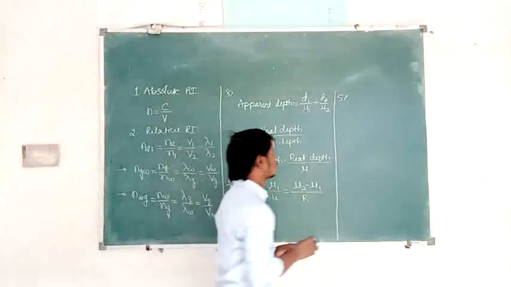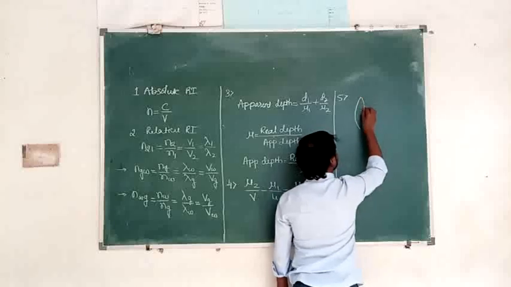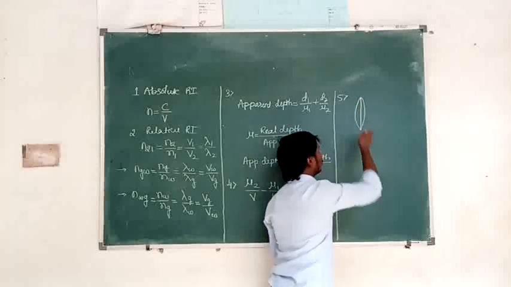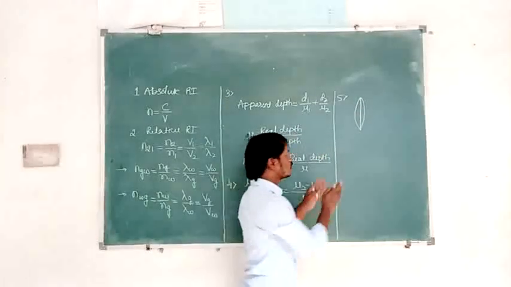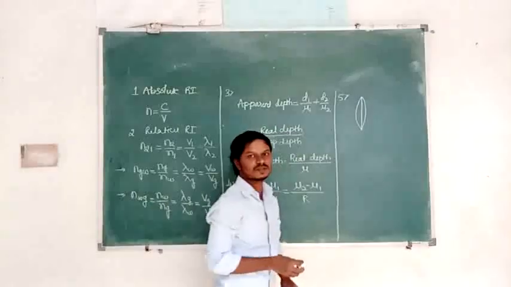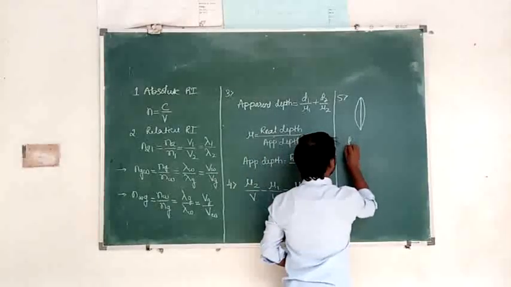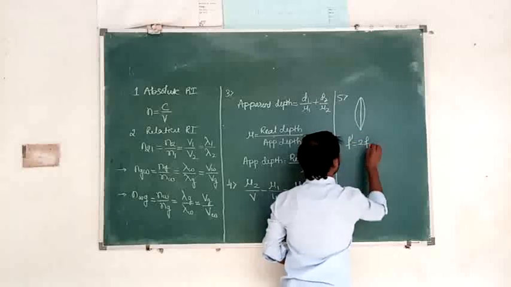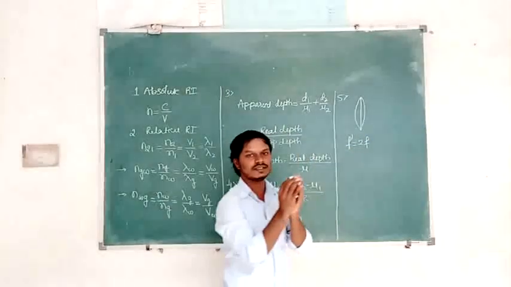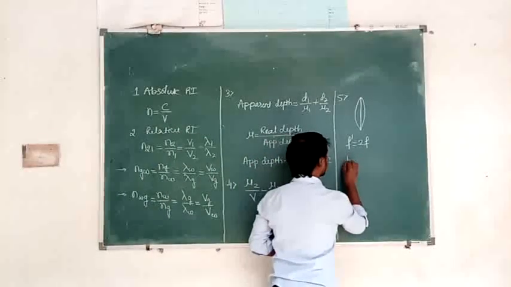So now let us consider a convex lens. It is a convex lens. So if this convex lens is cut along the principal section, means it is cut into how many parts here? 2 parts. What is the focal length of each part now? Focal length of each part will be, we are going to find that. So that is f dash is equal to 2f. How it is f dash is equal to 2f? So if the two plano convex lenses are combined, then what is the formula to find the focal length? By using Lensmaker's formula. What is Lensmaker's formula?